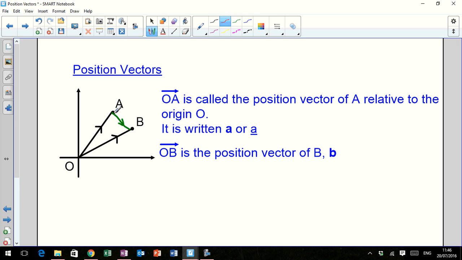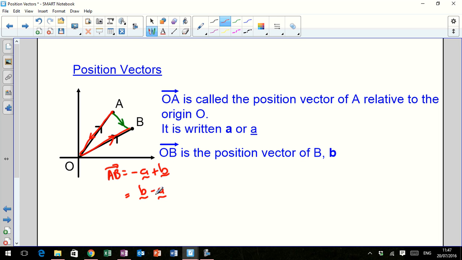If I want to travel from A to B using only vectors I know, then I can go backwards down A, and then forwards up B. So if I want to go from A to B, I would go backwards down A and then forwards up B. And then just to make that look a little bit prettier, I'm just going to rearrange that